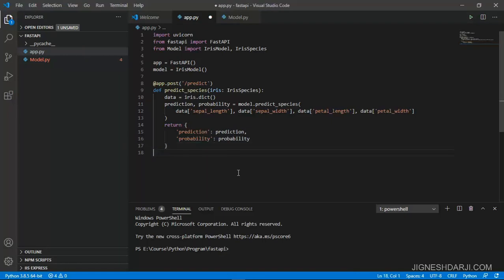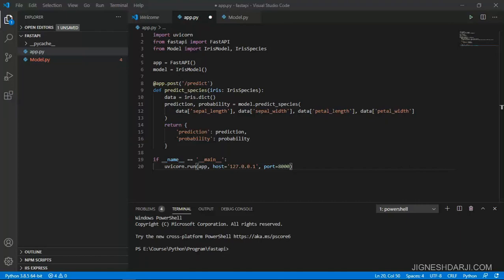So we need to pass the data over here, and based on the data we can predict and find the probability of that particular record. We do not need to create any other API methods over there. We only create this one POST method inside the app.py.